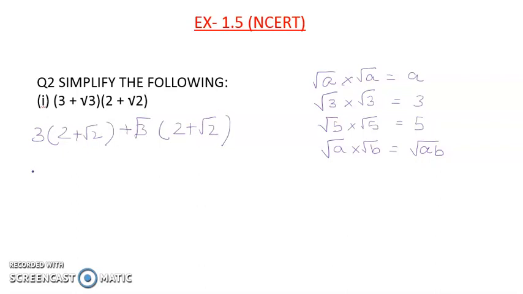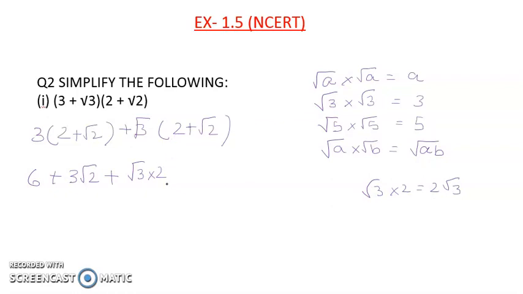So 3 2s are 6. We can multiply this directly, but here see it has no root and here it is a root, so we will write this as 3 root 2. Pay attention. 3 root 2, we cannot multiply this. Same thing here, root 3 into 2. Now see here, students, root 3 into 2 I can write as 2 root 3.